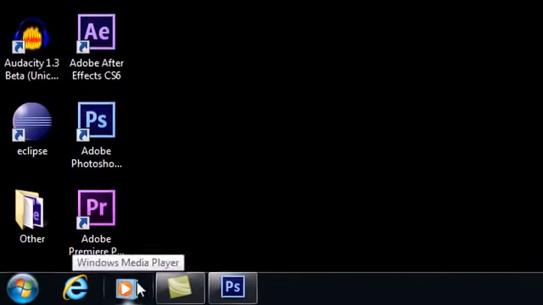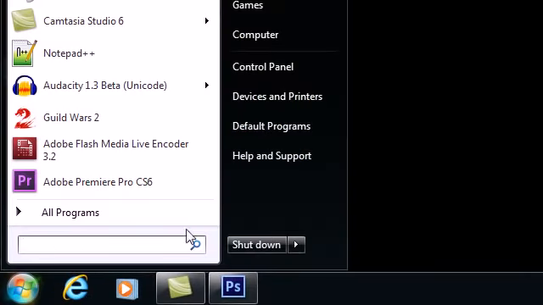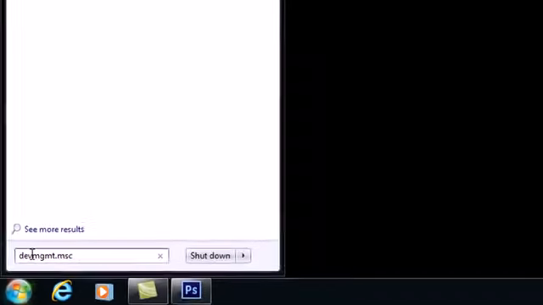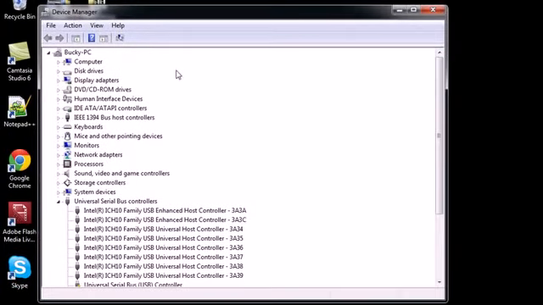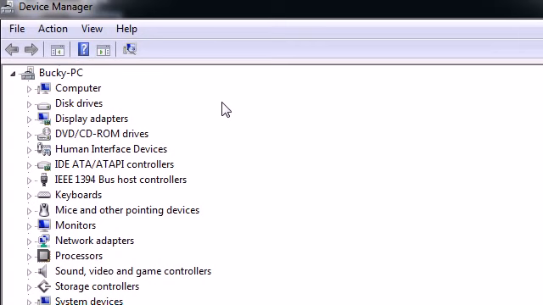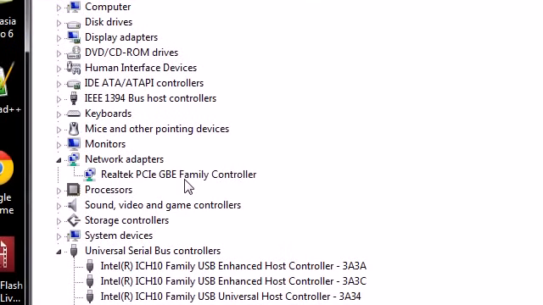If you're on Windows right now, you can go ahead and click the Start button, and in the Search box right here, type devmgmt.msc. This is pretty much the program that opens your Device Manager, your device management system. Just go ahead and press enter, and this Device Manager is going to pop up. Now if you're wondering what all this stuff is, well, this is pretty much all of the pieces of your computer, from your keyboard to your motherboard to your memory, your processor. And if you look under the section that says Network adapters, you might see one option